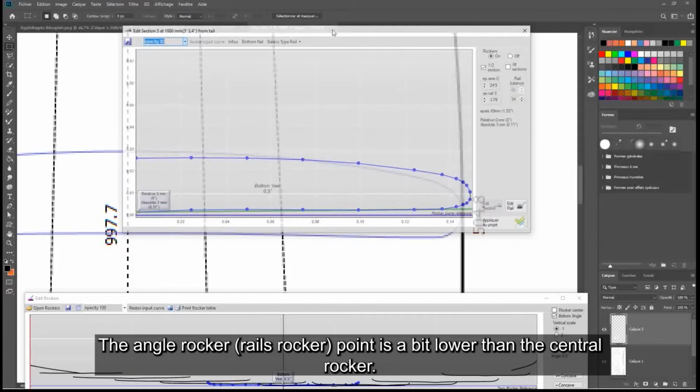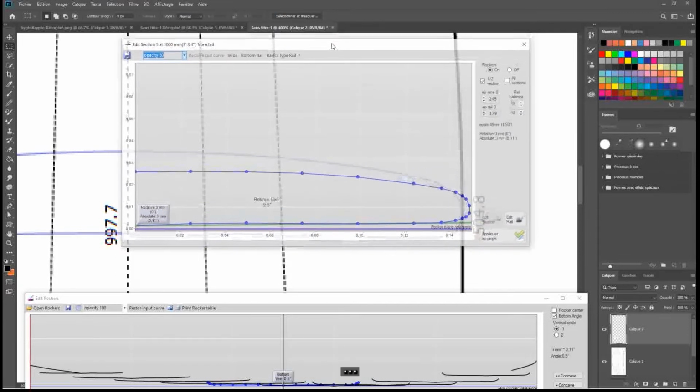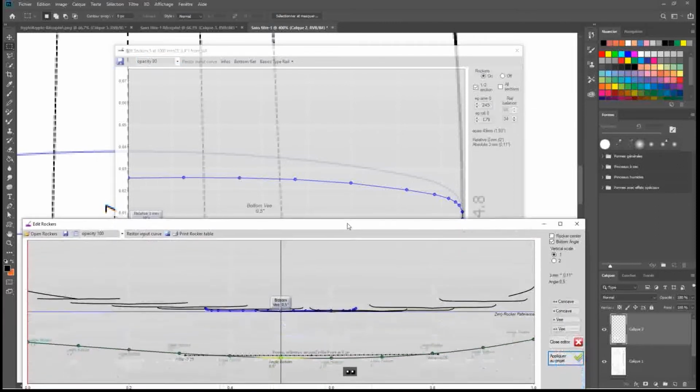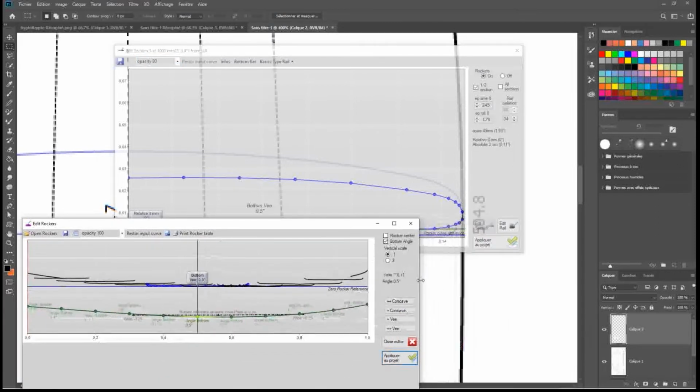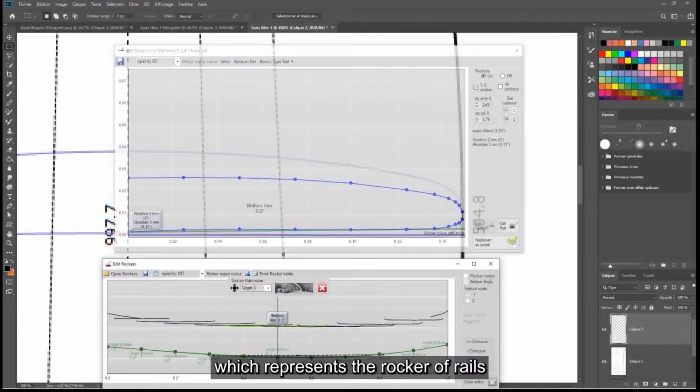The corner rocker, the rails rocker point, is a bit lower than the rocker. So we are going to lower the green line so that it corresponds well to the rocker of rails. I will slightly lower this point, which represents the rocker of rails.